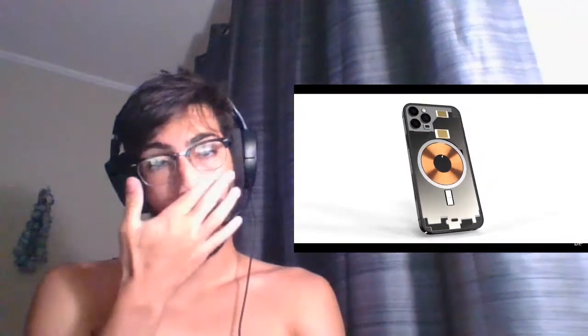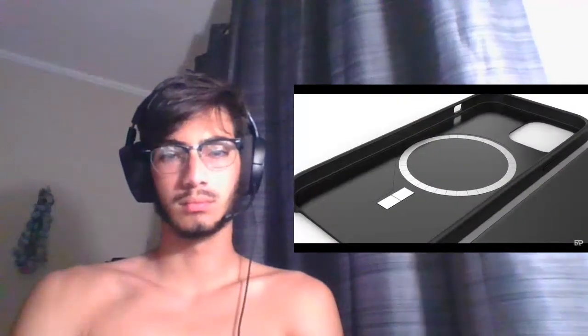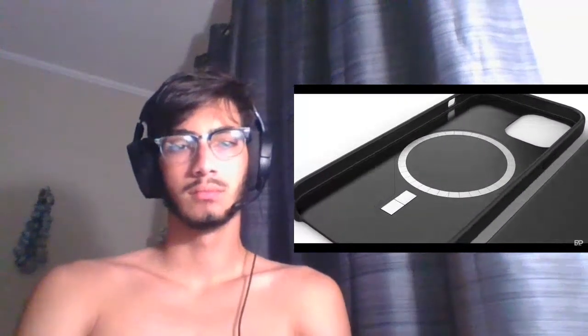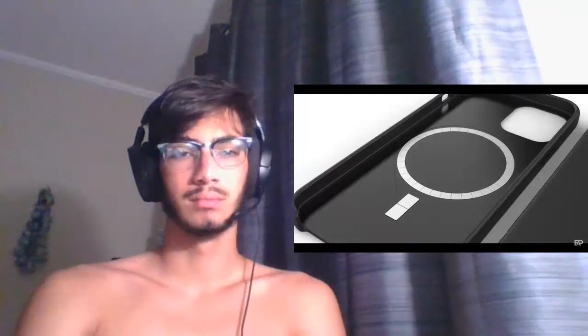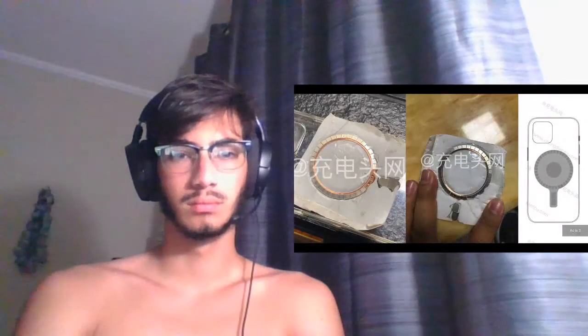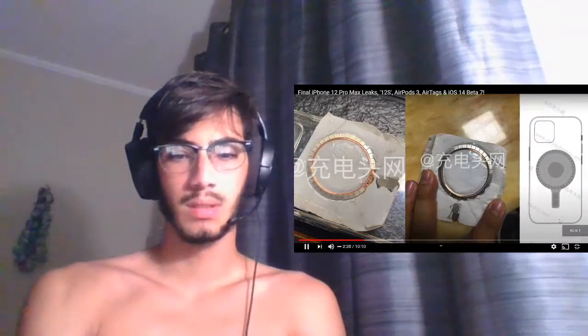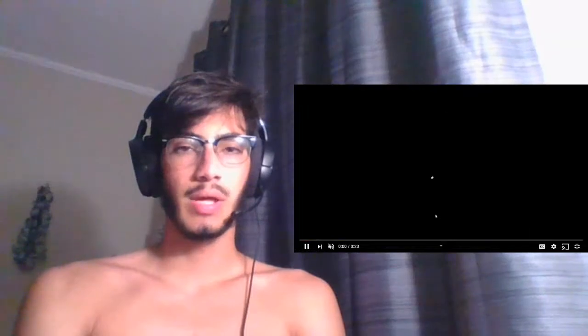Let's hope. And there's been yet another leak of the magnetic coil, which will be inside the iPhone 12 and then potentiated through a case, Apple's official cases we learned in the last video. Now we've got an even closer look at that coil, and there appears to be a very tightly wound NFC coil, which surrounds the magnets on the